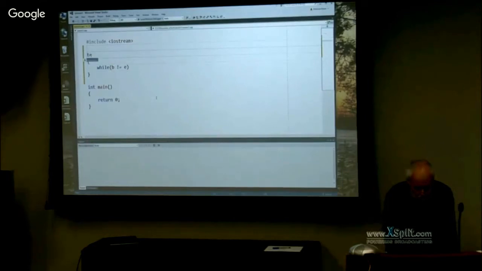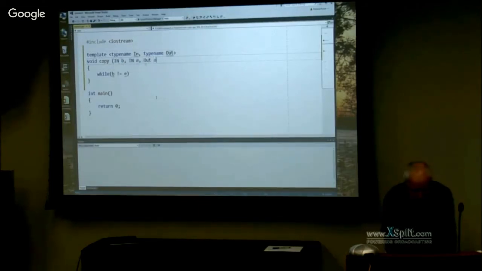Well, let me write it, and I'll explain the syntax in a minute. Let's call that in, out, void copy in begin, in end, out, O. Yeah, I see it. I don't know why I decided to capitalize that. Okay. And the copy algorithm is essentially this.